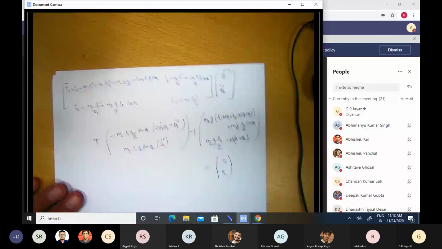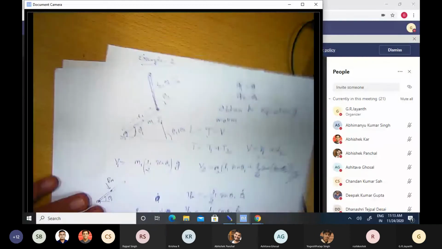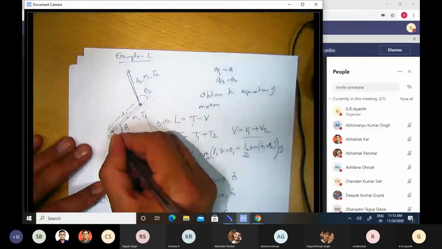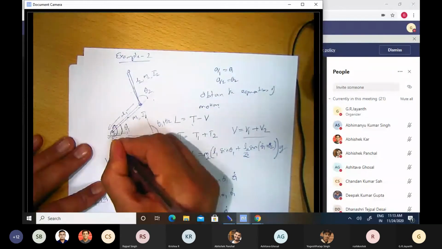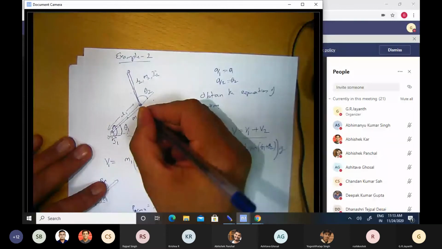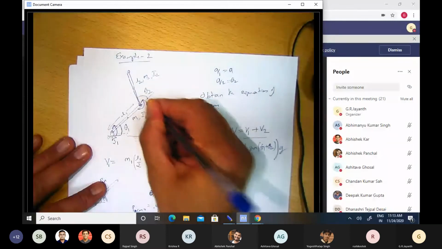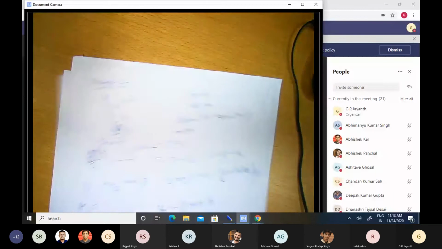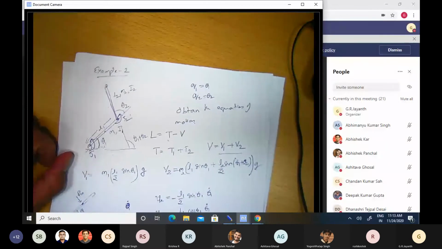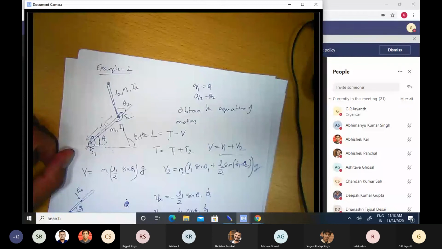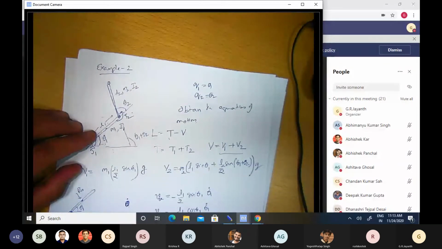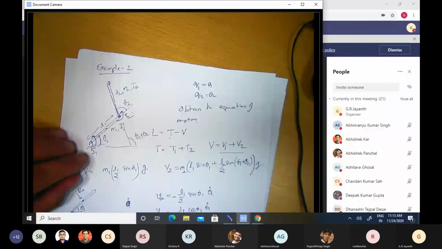I don't know if I defined the joint torques in the example. When I gave the example, I shall retroactively introduce that. Suppose there's a motor here that can apply torque τ1 at the first joint and torque τ2 at the second joint. Then we know from the principle of virtual work that if I provide a certain virtual displacement delta θ1, the work done will be τ1 times delta θ1.